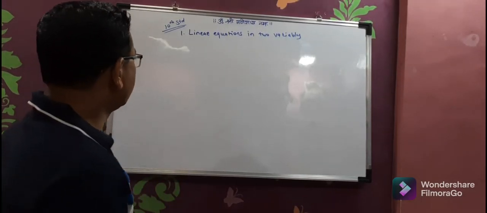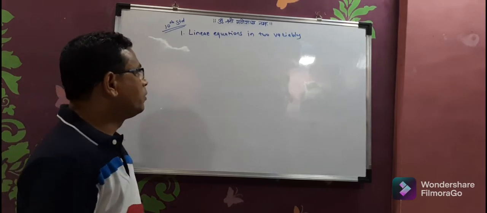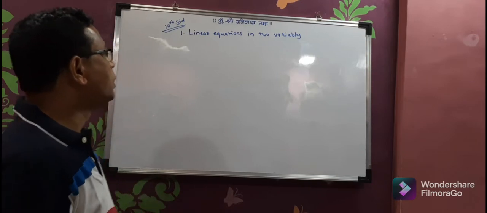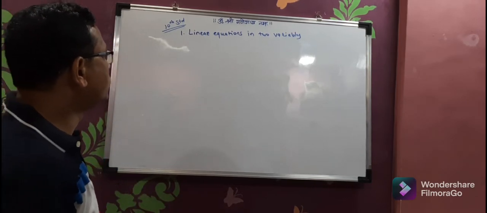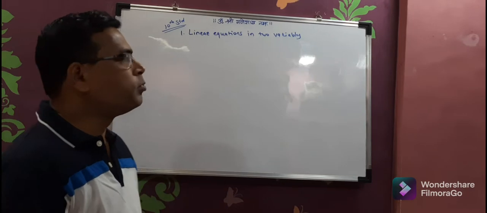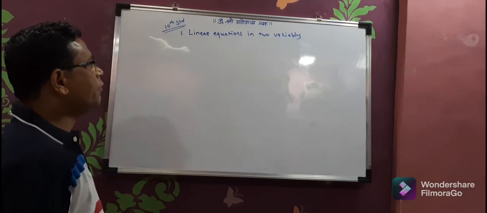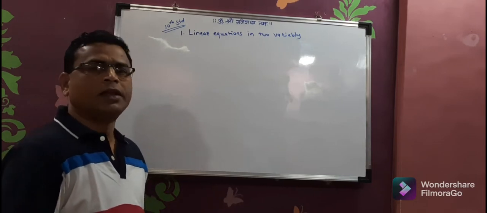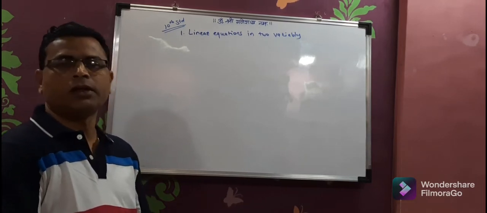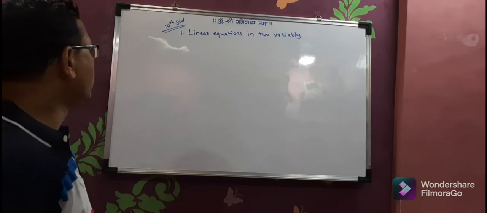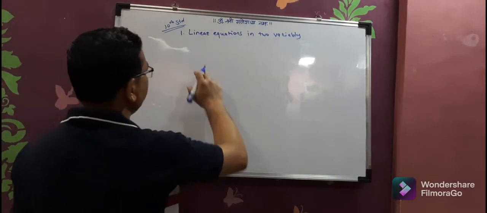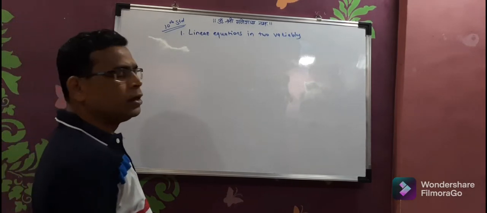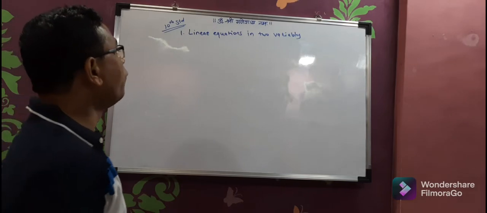Today we are going to discuss the 10th standard chapter 1, that is linear equation in two variables. In the last couple of sessions we have discussed this chapter, and I think we have solved up to problem set 1.3. We have solved linear equation in two variables problems by the addition and subtraction method, then the graphical method, and third the determinant method. Here we are going to discuss what to do if the equations are not linear, and how to get the values of x and y, that is the values of the variables.